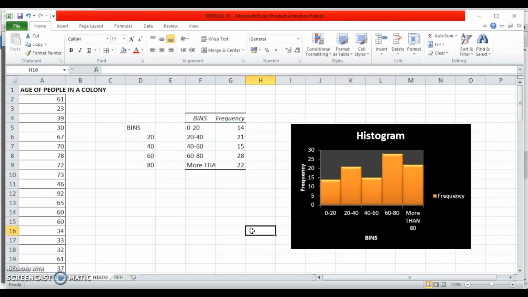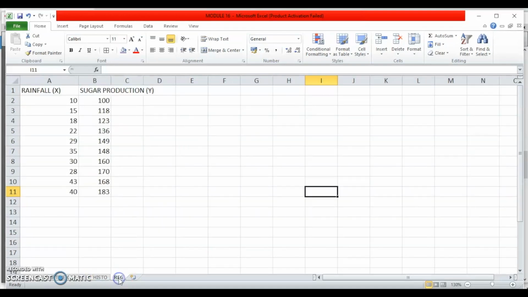Next, one more tool I will show you. This is also a very useful tool for everybody, and the tool that we are going to show is regression. Now, in regression, I have data about regression as well as correlation we will talk about. So here I have data about rainfall and corresponding sugar production in a particular year in various regions of the country. So here my independent variable is rainfall X, and Y, which is sugar production, is my dependent variable.